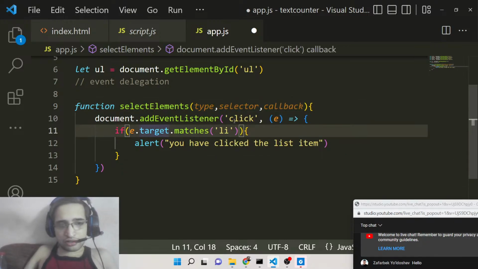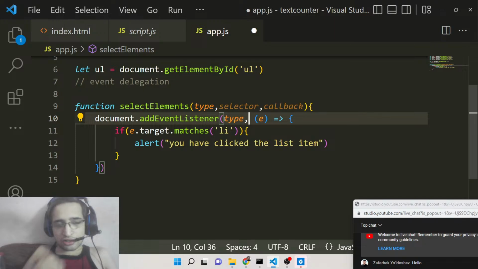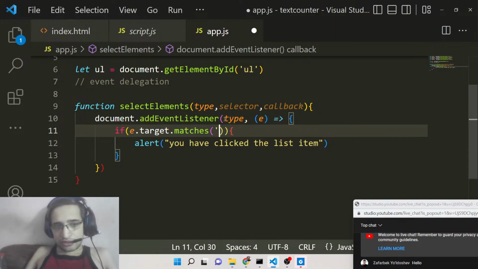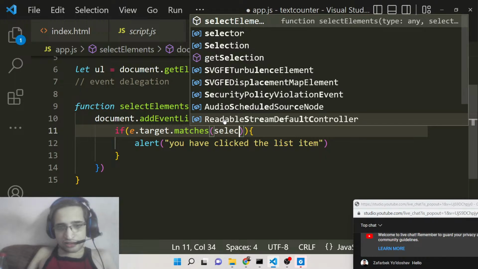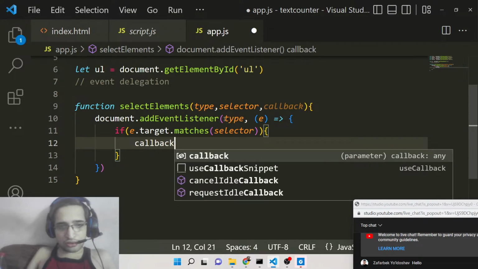So here you will pass the type, guys. Then we will have the selector name here. So basically we can simply say that if it matches the selector, here you will simply call the callback function. Basically we can call the callback,